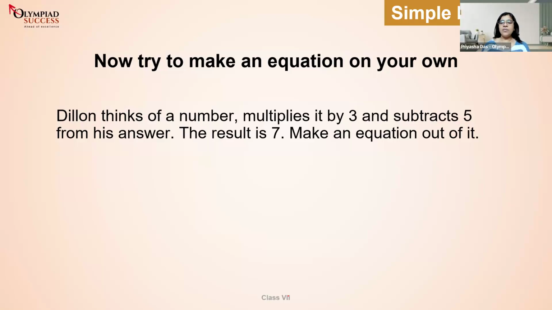Good job. I've got one answer from Shaurya. Hi, Neeraj, you joined us right now. We are just framing up an equation. Please join us in framing this equation.